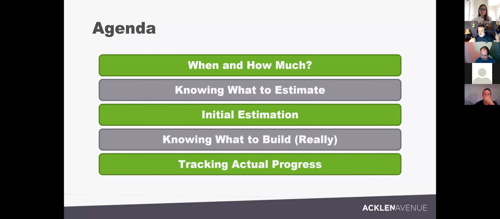I have a lot of slides at the beginning kind of setting this up, but then at one point we're going to just jump over and I'm going to show you a lot of the tools that we use here